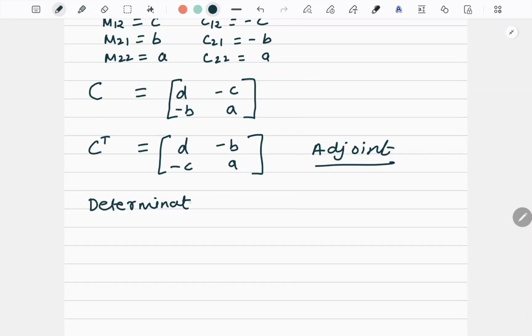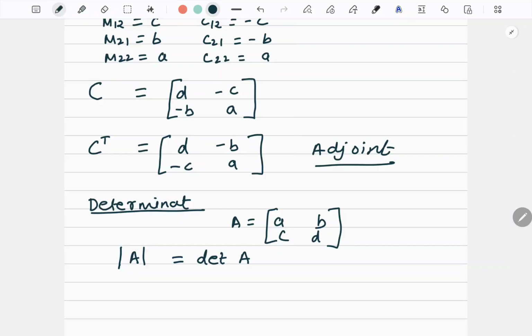And actually I used it somewhere before. But now I'll tell you what a determinant is. See, I said a matrix is an arrangement, right? It is an arrangement, and the determinant is a calculation which reduces it to a single number. It is represented by these straight lines, or it is also written as determinant of A. So if I want to find the determinant of A, this is equal to AD minus BC.